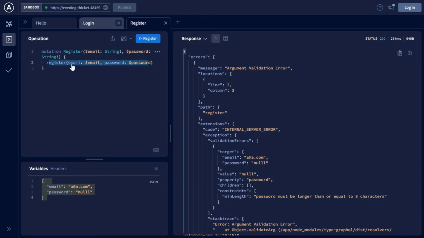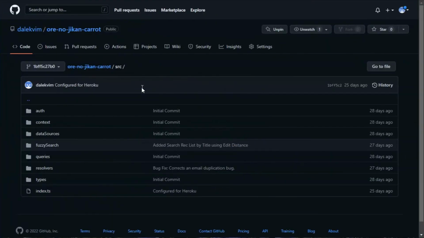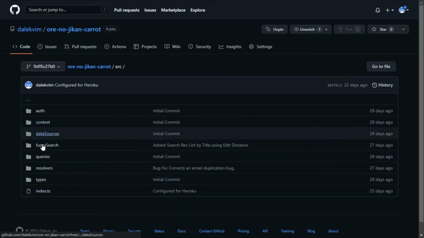And for the login is very similar. You get email password, except login doesn't return true or false. It returns an access token, and this access token the users can then use to do user-specific activities. So let's see, and I think we can have a quick look at how the access token was generated. So if we go over to